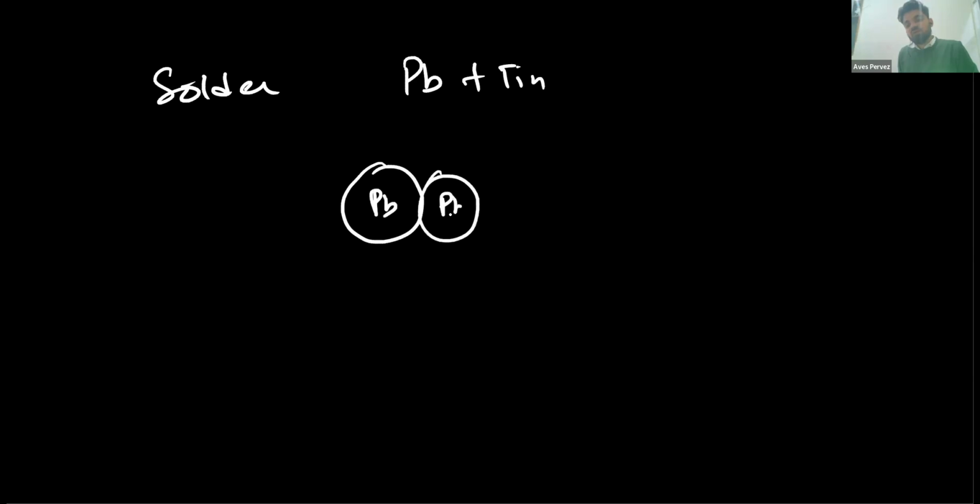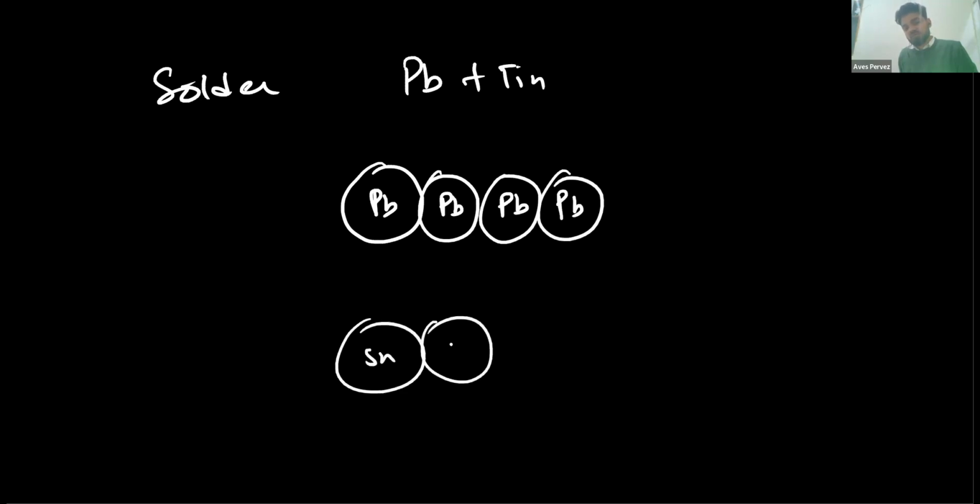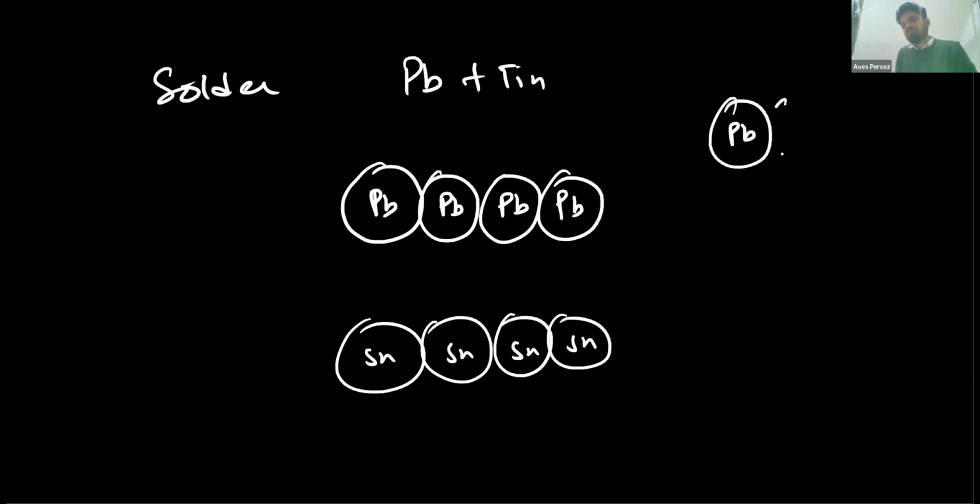of lead and tin. So when lead atoms, this is Pb, and tin, which is Sn, atoms, they don't like each other. We have checked the property that they don't like each other. So we will mix them together. When a lead atom is mixed with a tin atom,